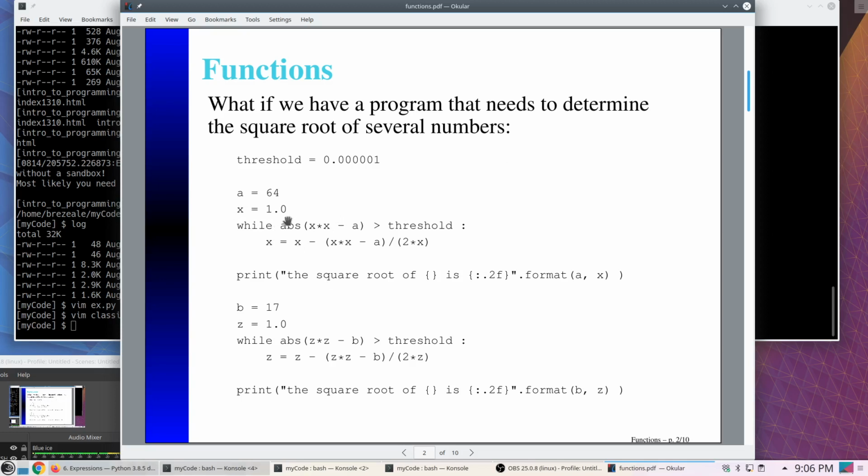So this actually uses Newton's method for finding the roots of an equation. We start here with this threshold value, and that is how close I want my square root to be to what I really think it should be, right? And a is the number I want to find the square root of, so we know the answer should be 8. And then I start with an initial guess of x, and then I have a loop here